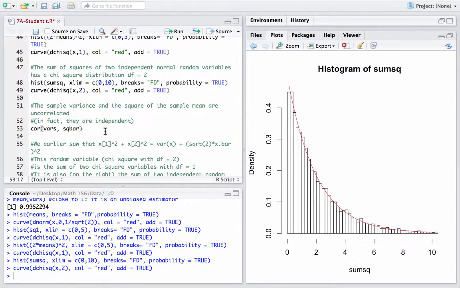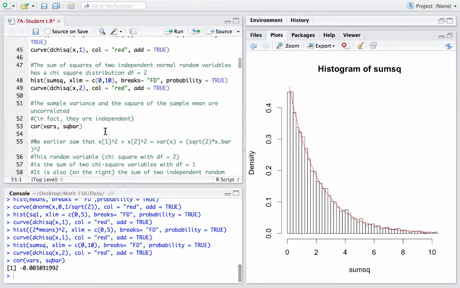And we proved this earlier, that the sample variance and square of the sample mean are uncorrelated. That's why this correlation coefficient comes back very, very close to 0. Not only are they uncorrelated, they're independent. By proving that they're not correlated, we didn't quite prove that they're independent, but I hope we might have convinced you that it's a plausible fact. Student did prove it, and you can see how it basically depends on a general form of the change of variables equations for